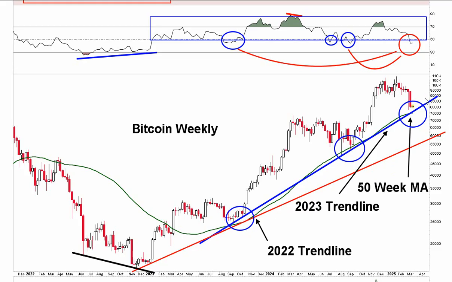Should this one end up breaking, it's likely going to bounce off this level. And the question is, again, is it including or excluding the shadow? Are we there, or do we go just a little bit lower? So I think you've got a confluence of support here. But I think the RSI is going to end up going back into positive territory. I still believe Bitcoin's going to make new highs.